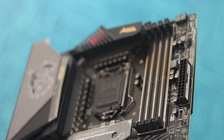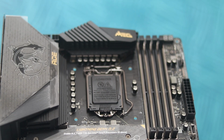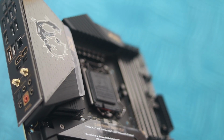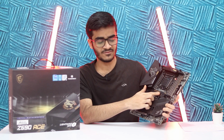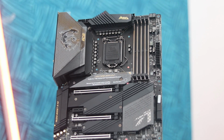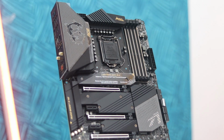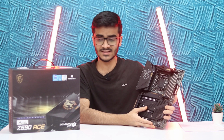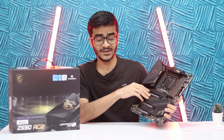And talking about some of its highlight features, you've got PCI Gen 4 support in the M.2 slot here and also in the graphic card slot here. And talking about M.2 slots, you have 4 M.2 slots on this motherboard, one of them being PCI Gen 4, their Lightning M.2 slot, and the other 3 just being PCI Gen 3. So that's that. And you've also got 2.5G LAN as well as latest Wi-Fi 6E technology. So Wi-Fi 6 hasn't been out there for very long, and MSI is already including Wi-Fi 6E technology in their